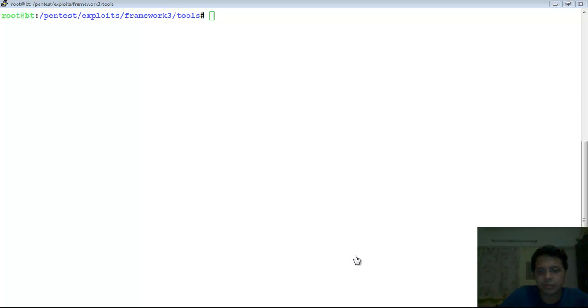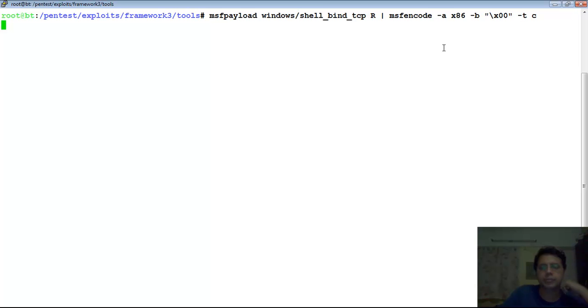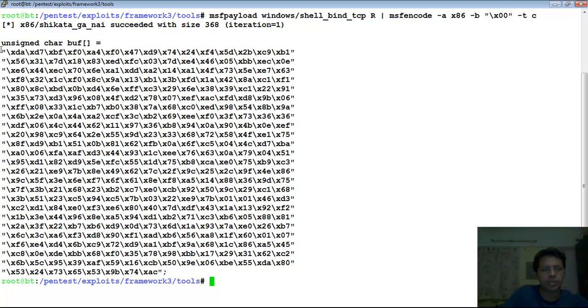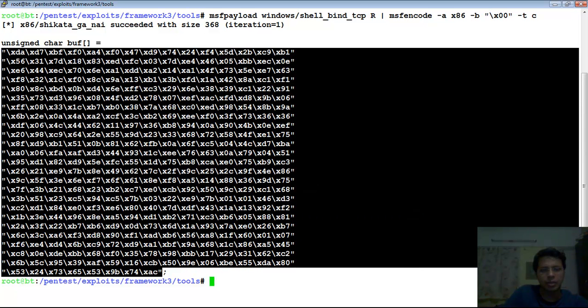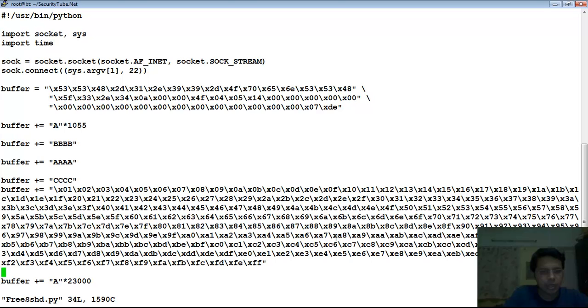Right, so let's quickly look at the options we have. What we need is MSF payload. I just did a reverse TCP search for that. And I think the bad character we are interested in is 0x00. So let's go ahead and run this and get the shellcode. Perfect. Let's just go ahead, copy it all up, go to this terminal, open up our program,